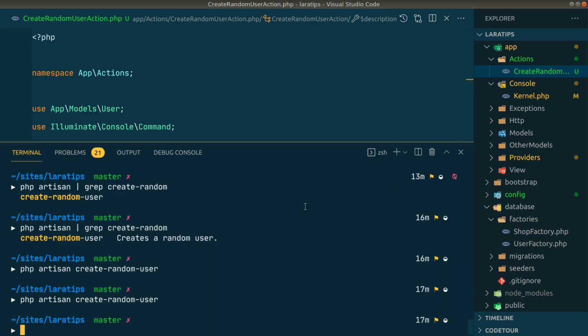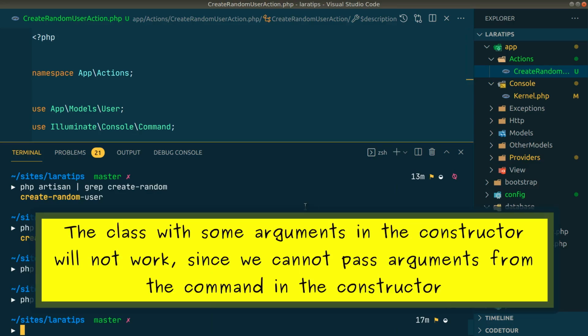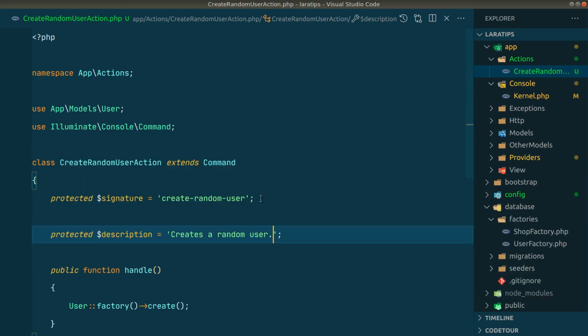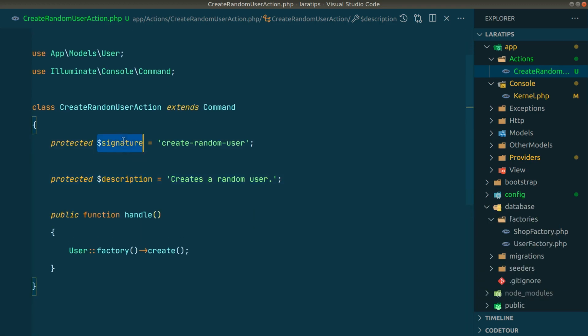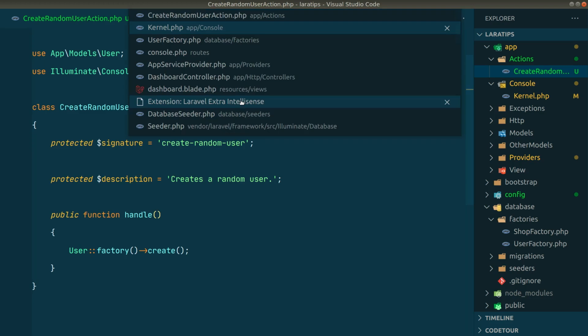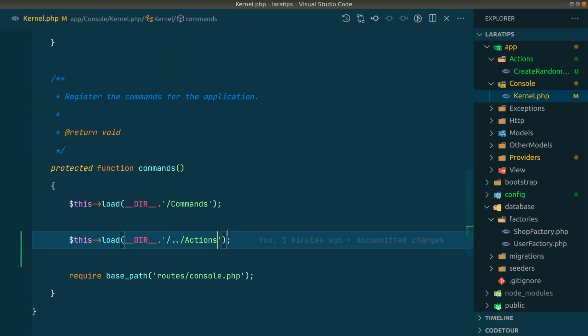And guys, in this way you can register any class as a PHP artisan command, and you have to make sure that you have a signature and a handle method and the class is extending this Command class, otherwise it will not work. And the main thing is to register it in this kernel class, which is inside the app console directory. And let's say you have another class in any other directories, you can just register it over here.